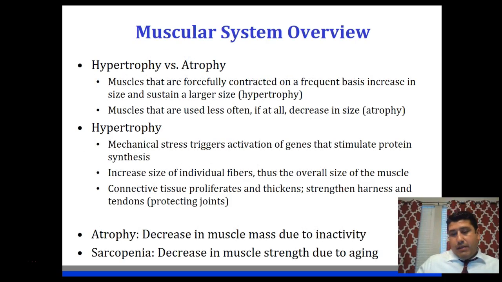Now, there's a difference in the way that we decrease the strength in our muscles. So whenever we decrease strength due to aging, we're remaining active, but we will inevitably lose strength, and that's inevitable. We can't do anything about it.